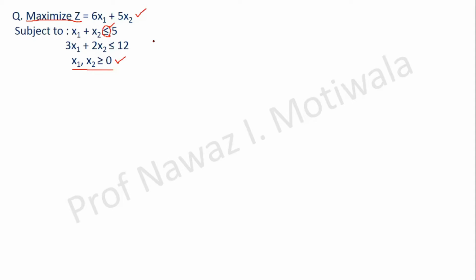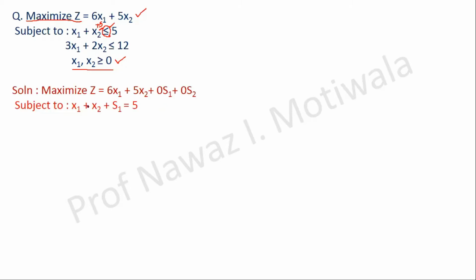Left hand side. You are correct, your logic is also correct. If I add something on the left side, let us say I am adding a variable s. It was initially less than, now I have added something to balance, and now it will become an equality constraint. So by adding this surplus variable s, I have converted an inequality into an equality sign. Just ignore this maximize objective part, I will explain it later. Just observe the equation x1 plus x2. I have added s1, and this s1 is known as the surplus variable.